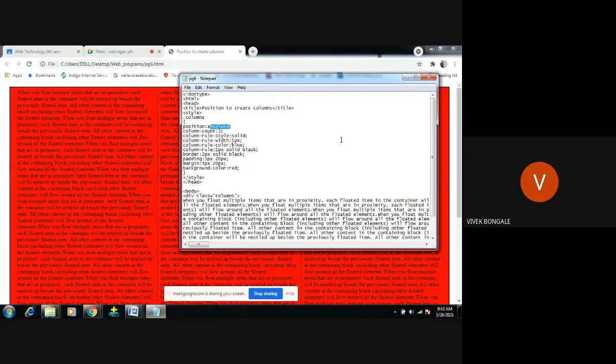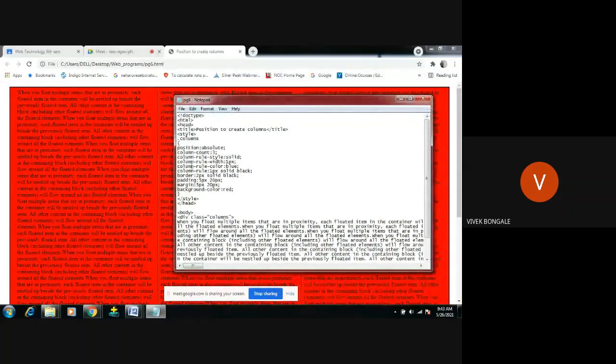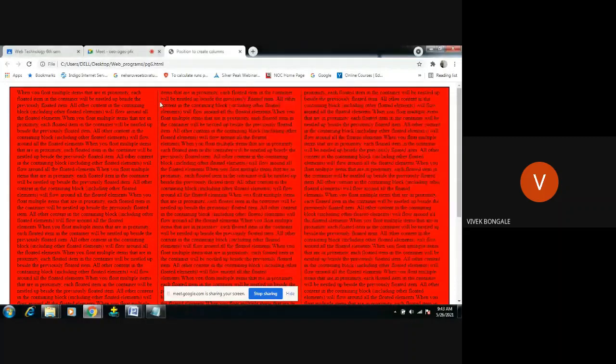Position is absolute, then column count is 3, so it has created 3 columns. Then the rule style is solid, so the fonts are displaying quite solid. Column rule width is 1 pixel, this line in the center.